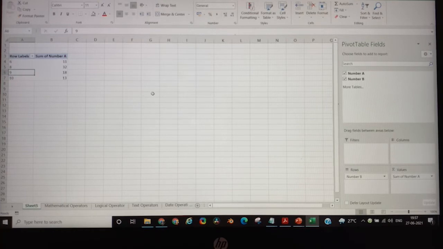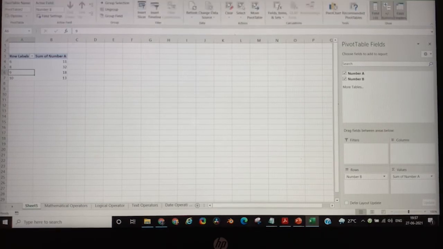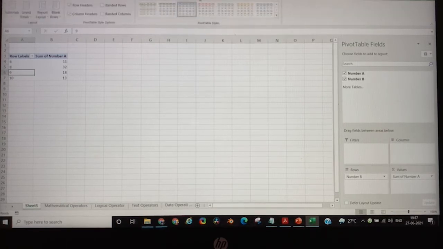For avoiding drag and drop, not possible, right? Sorry Kaushal, can you repeat your question? I'm not understanding your question. Okay, so with respect to pivot, you are asking whether you can avoid the drag and drops? I don't think there is an option in the menu through which you can avoid the drag and drop.